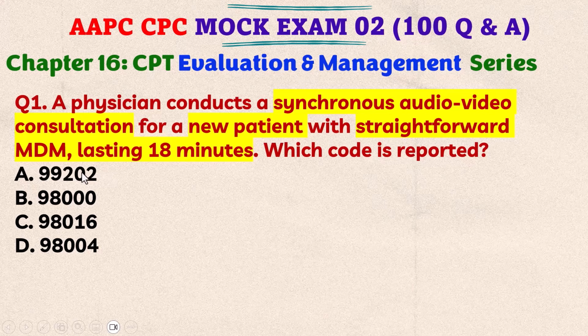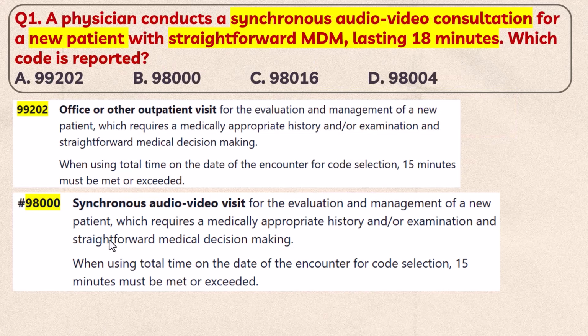So when you look at the answers, all answers are adjacent codes, so you can use the elimination method for the exam purpose. So once you go to the answers, 99202 is office or other outpatient, so that is not possible. When you look at the other answer, 98000, it says synchronous audio video visit for the evaluation and management of a new patient which requires a medically appropriate history and examination and straightforward medical decision making. When using total time on the date of the encounter for code selection, 15 minutes must be met or exceeded. So in our case, it's 18 minutes. So the correct answer will be